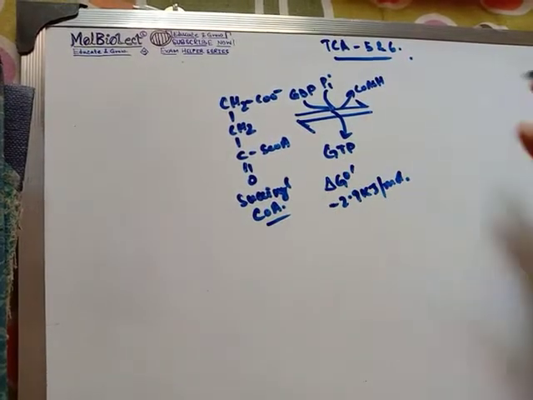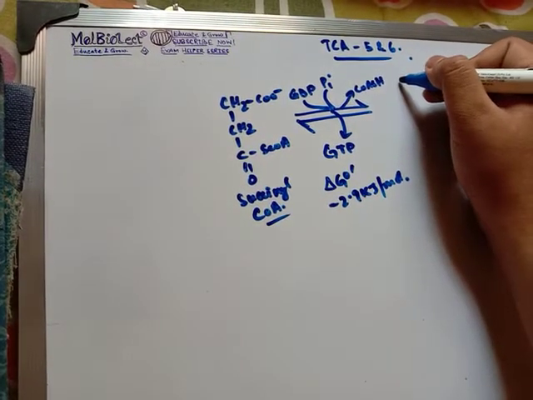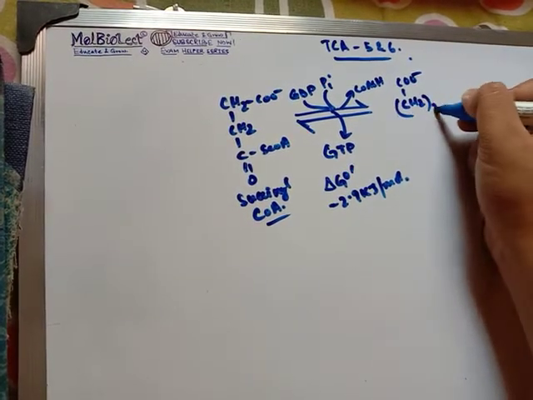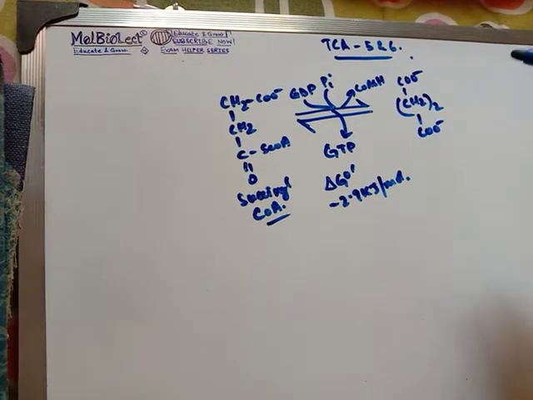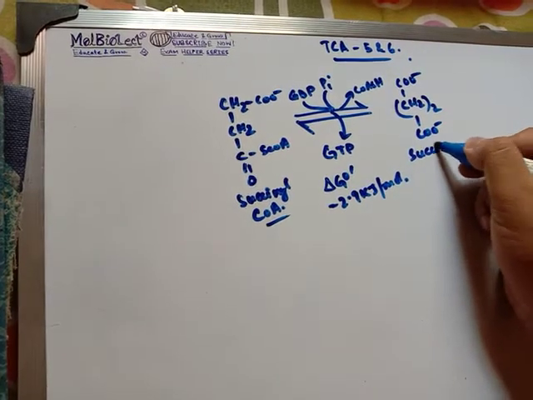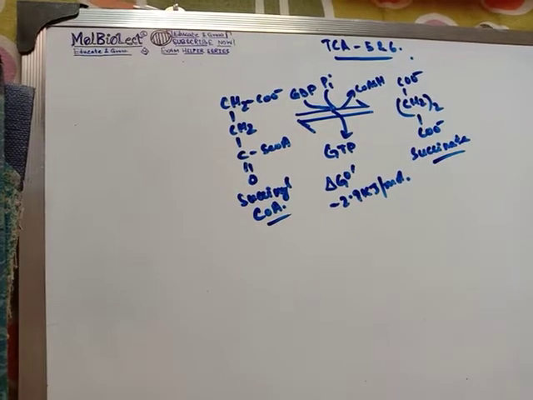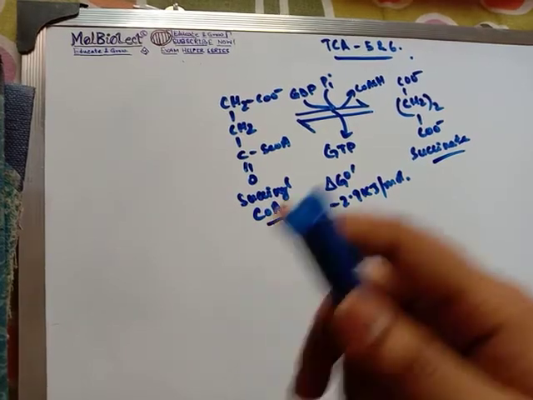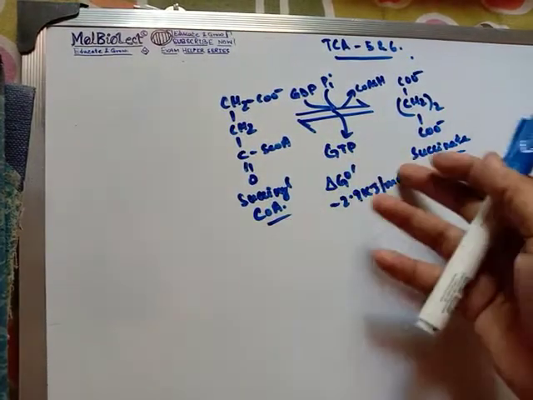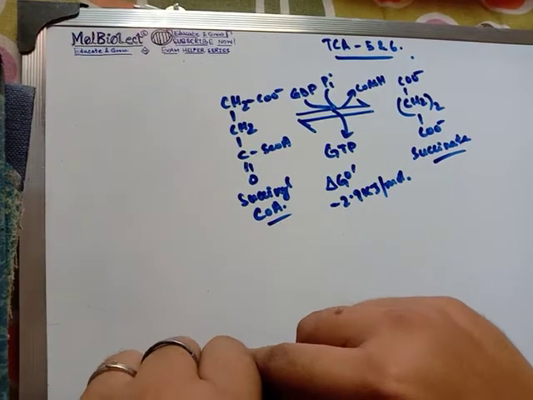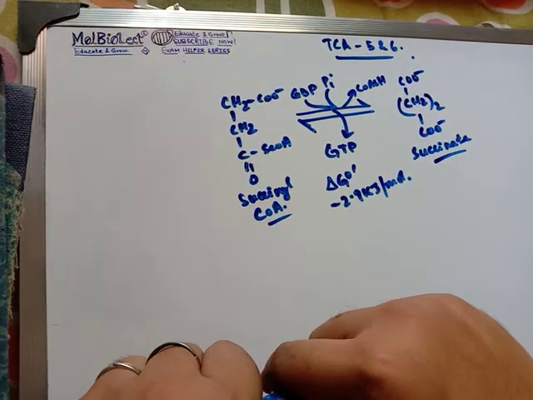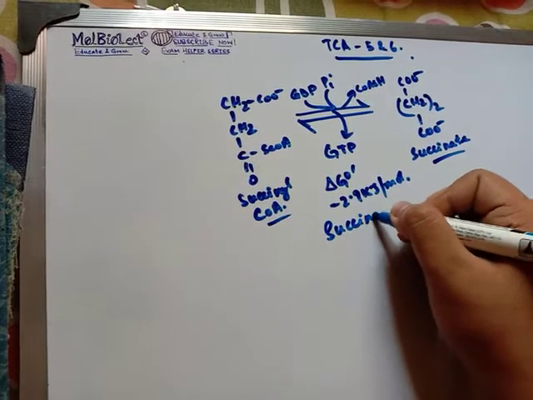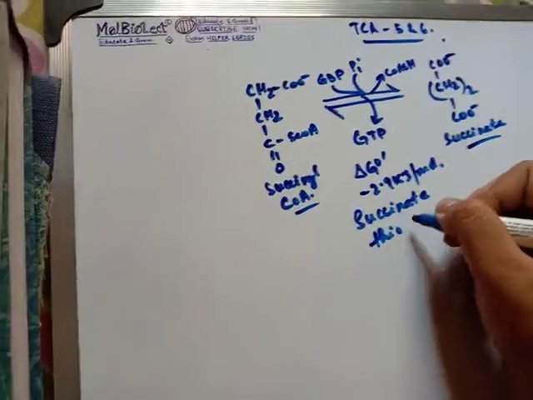Not exactly on the highly negative side, but it gives rise to the GTP, and we have this CH2 CH2 CO minus. Very easy succinate formula. I think this is the very easiest formula by succinate. So not much to say about this reaction. Now I have got something, so let's start with that. So the succinyl-CoA synthetase is the enzyme, which is often called succinate thiokinase. So you can also call it succinate thiokinase.